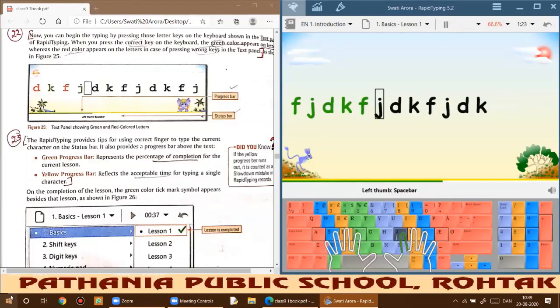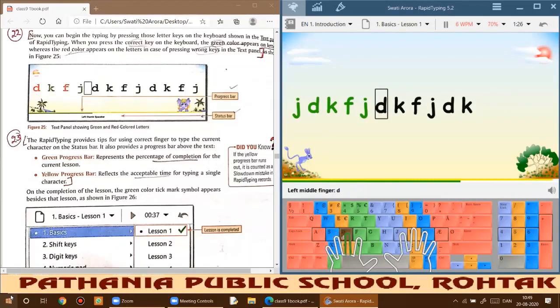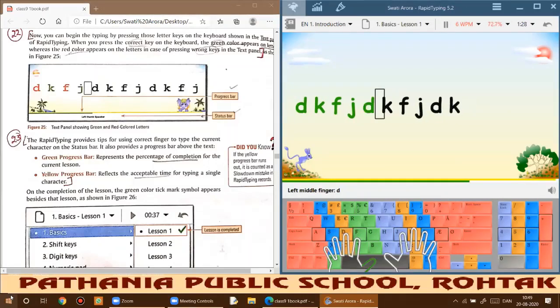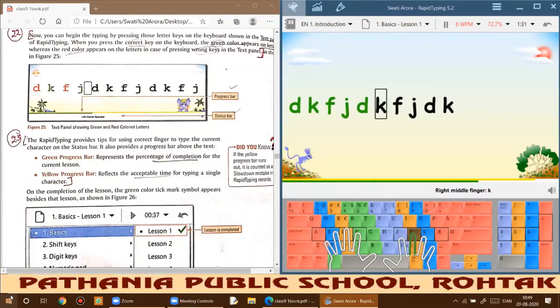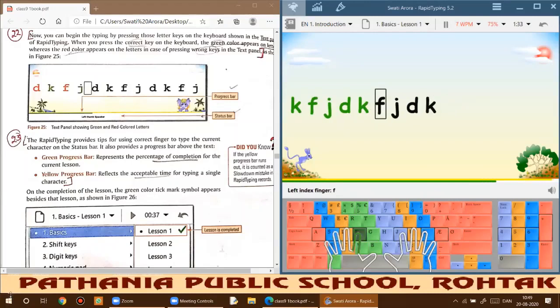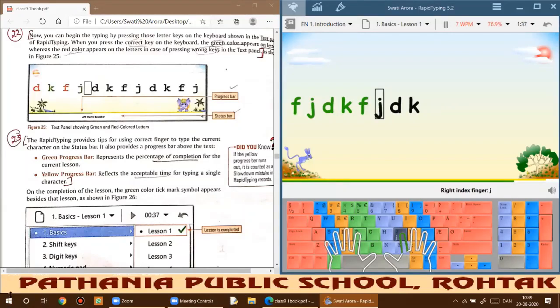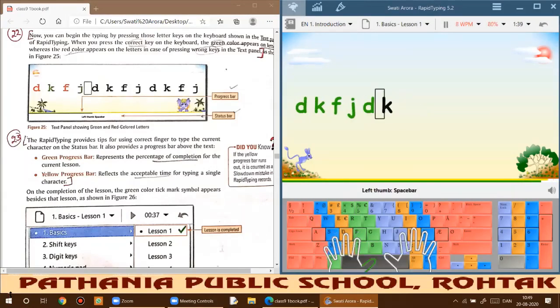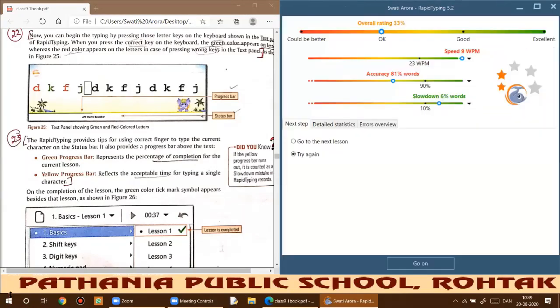We should not waste our time looking at the physical keyboard on the device. We just keep focusing on the status bar and the virtual keyboard, which shows which key to press.